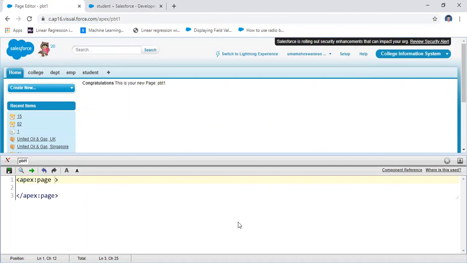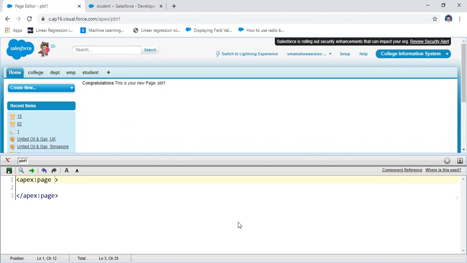Why? Because we have three different kinds of controllers in Visualforce. One is a standard controller. Standard objects or custom objects are represented by using the standard controller. Another one is a custom controller. This particular controller represents one class. And then there are extension controllers, which you use if you want to represent more than one class.